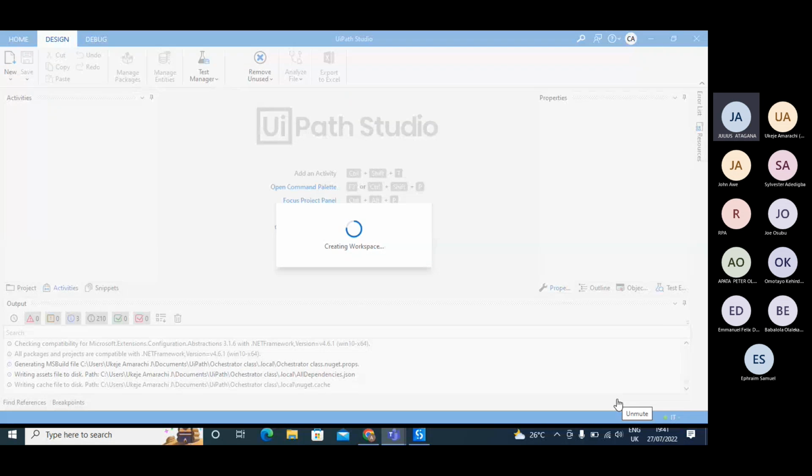So let me not deviate from the login I was talking about. Like I said, we have the different levels of login. On connecting the robot to the orchestrator, you have already talked about that in the previous session. Yes, so you may not bother yourself on that. Okay. Thank you very much.